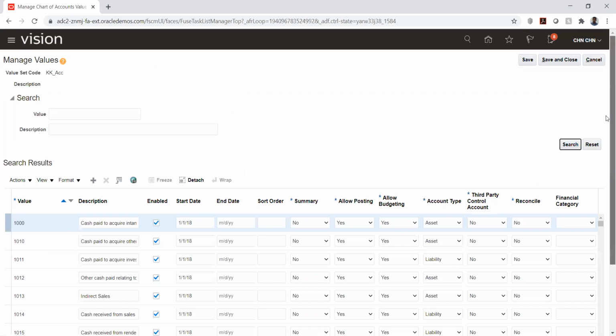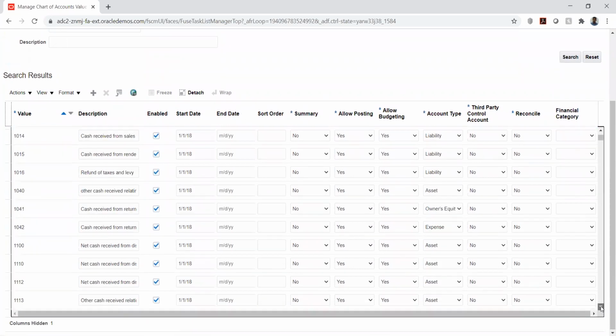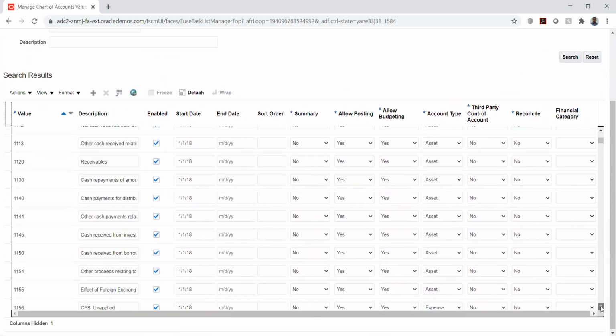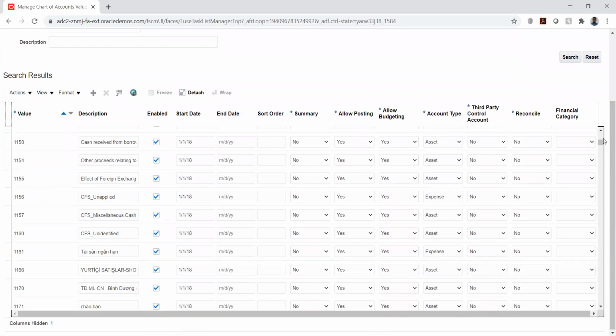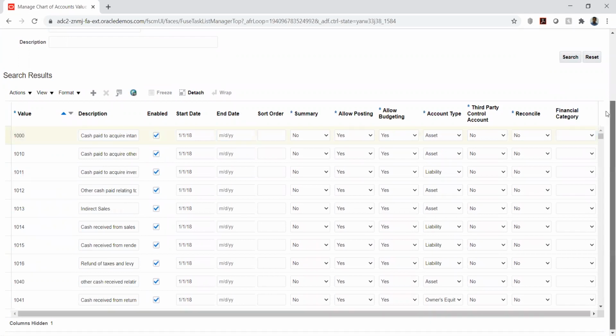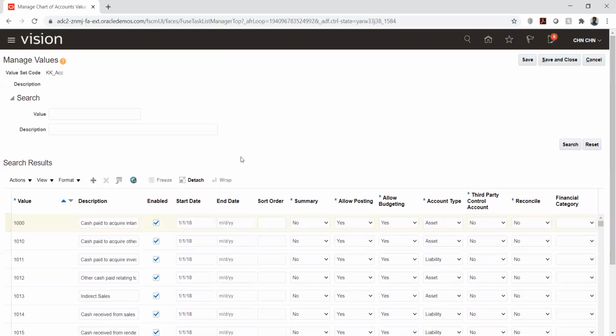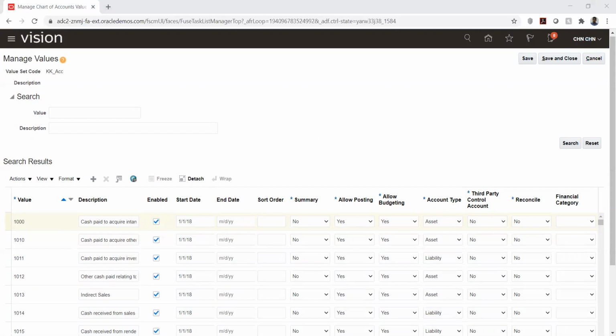The values have been loaded, but the issue is with the tree actually. Tree structure has been overridden, but the values have been imported. Okay, now in this case, what you have to do? You have to remove these values, or you have to... No, we don't need to remove this value. So basically, maybe I'll just go back to this page, or I'll show you the issue, what it is exactly.